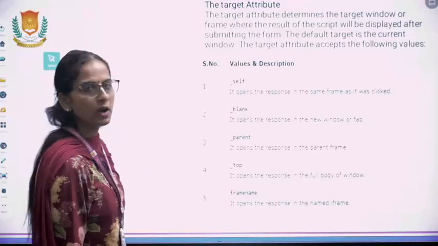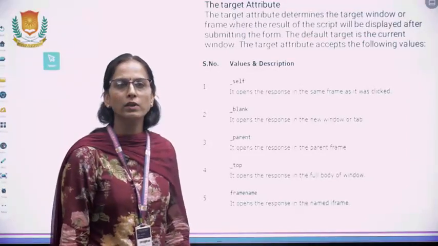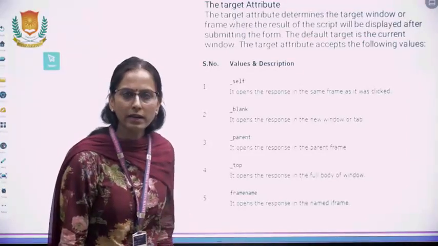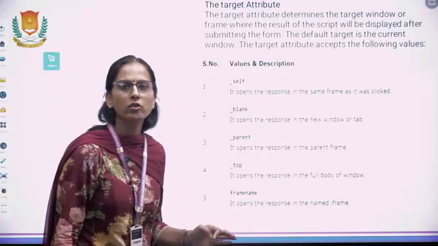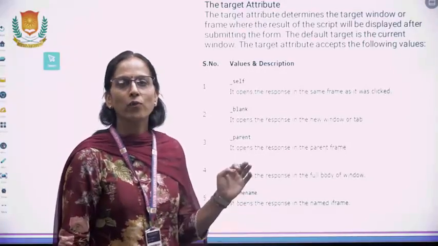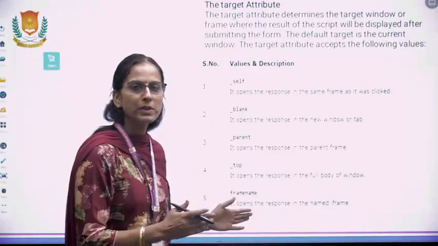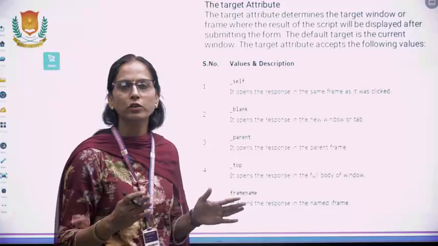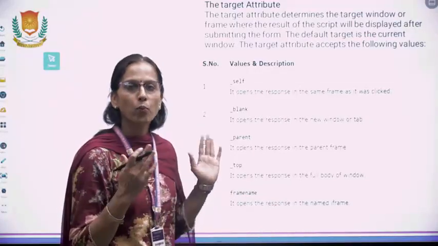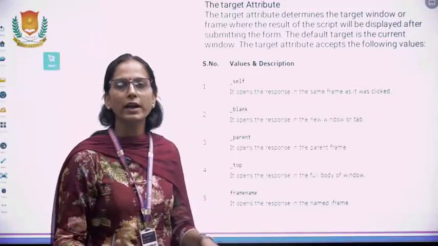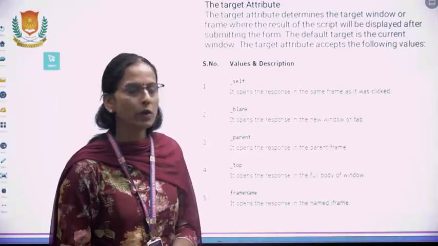Now, another attribute of the form is the target attribute. The target attribute specifies what happens when you click on the submit button, and how the page, like tutorialspoint.com which we have given, will be opened and in what kind of layout.